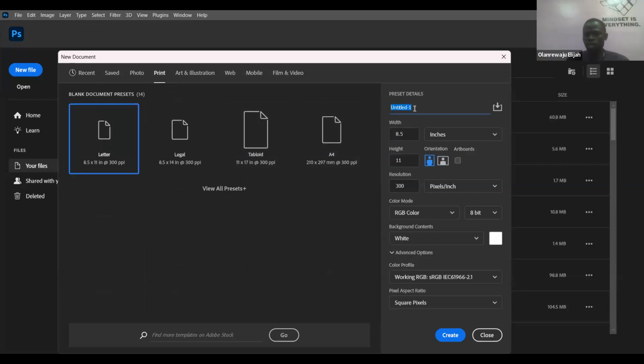That is why you have this Untitled here. It's untitled because you have not yet given your project any name. And you know that you probably have a lot of documents that you have worked on. So you want to make sure that the name you are giving your project is unique, so that when you are searching for that particular project in the future, it will be easier for you to search for it and open it.